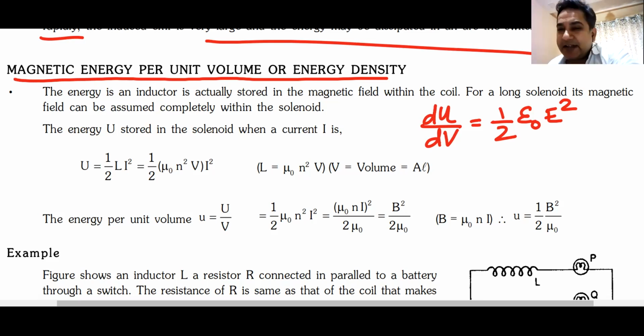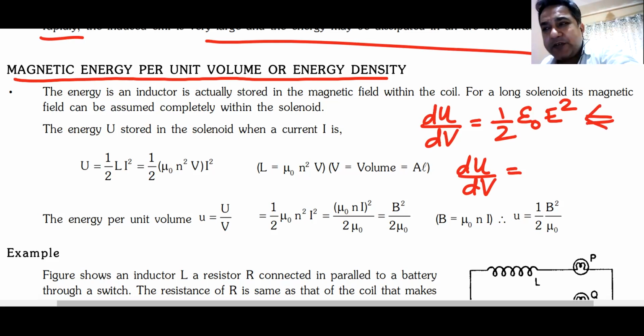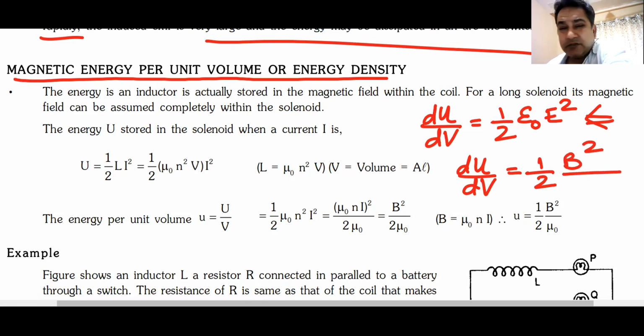Similarly, if you have a magnetic field anywhere in space, energy is stored in the form of magnetic energy. This is known as the energy density of the magnetic field. And what will be the formula? If you remember this formula, you should be able to make the formula for the magnetic field. What will the formula be for the magnetic field? Half stays half, E square becomes B square, epsilon naught in the numerator, so mu naught in the denominator.